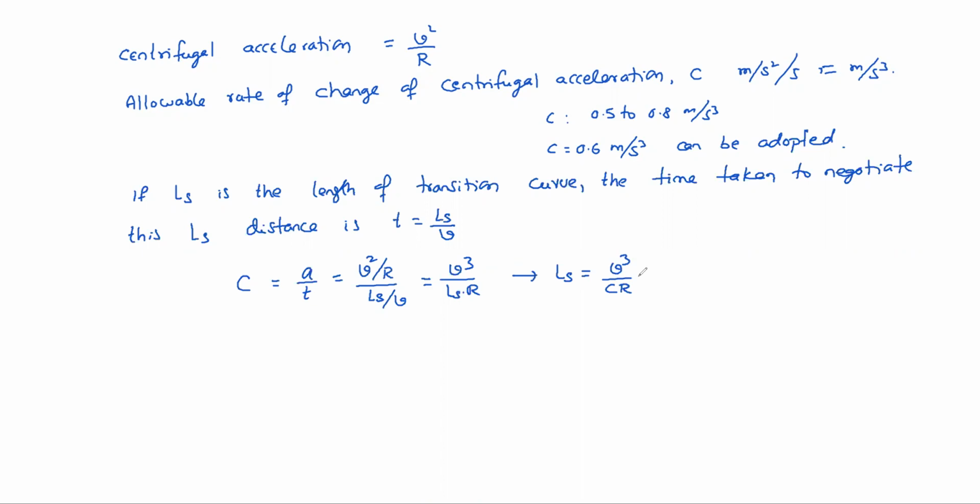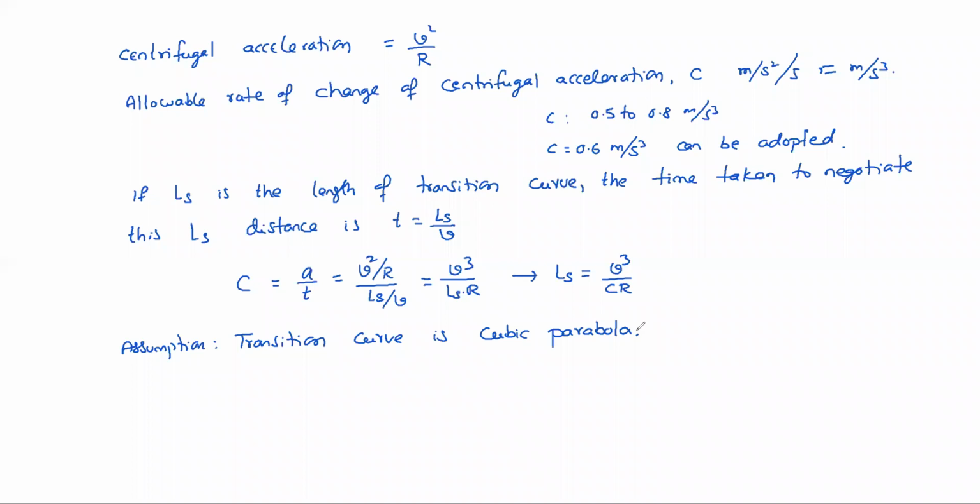So now, how to find that radius? That is very important here. Here again, another assumption: the transition curve is a cubic parabola. Generally a perfect transition curve can be a spiral, but an approximated one can be a cubic parabola. Spiral, cubic parabola, lemniscate, these three kinds of transition curves will be there.